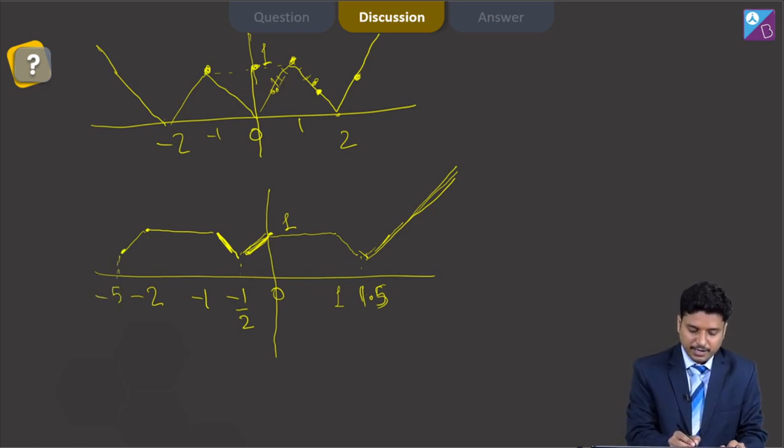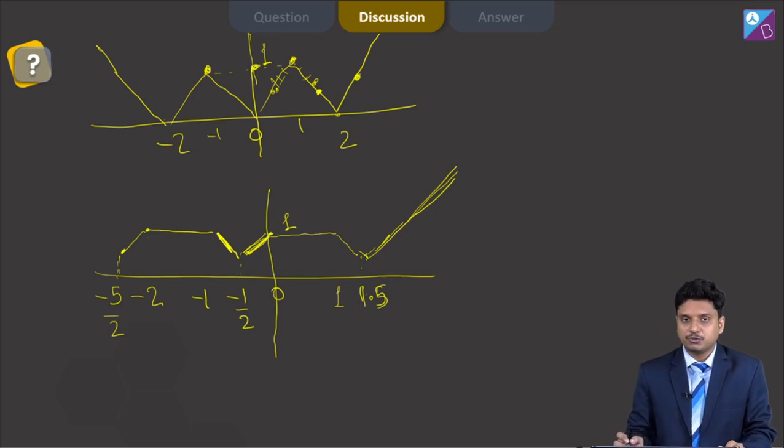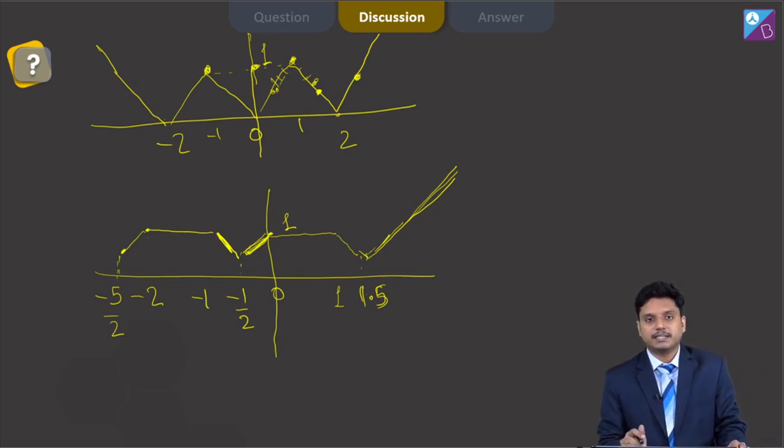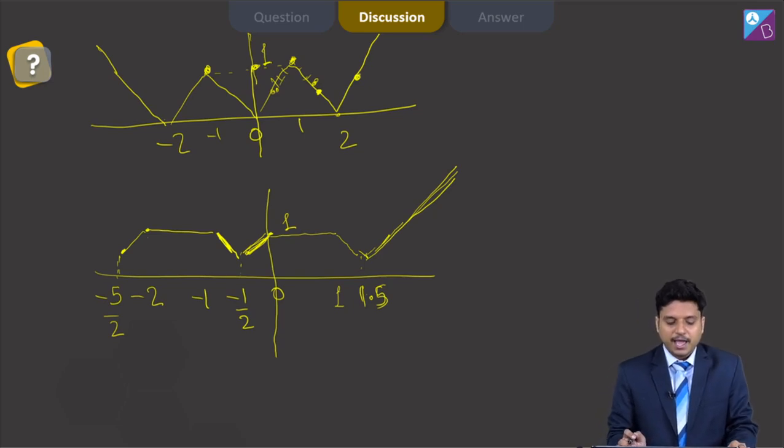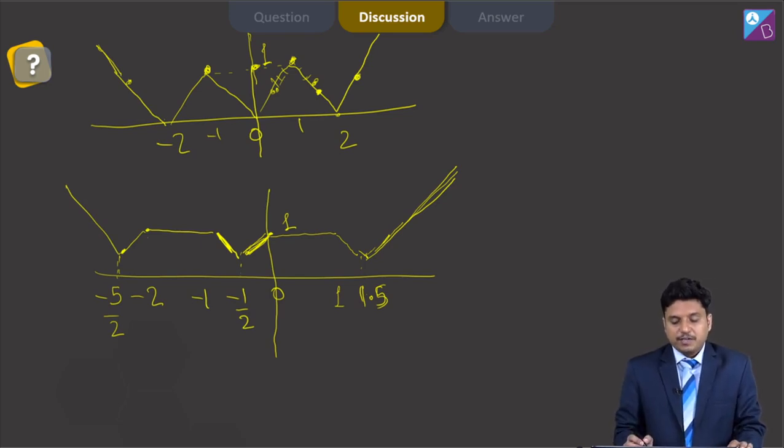till minus 5 by 2, and if you go for g of minus 2.6, that means t will vary from minus 2.6 to minus 1.6, and that means the maximum will be obtained from this portion. So this will keep on increasing like this. This way we are able to find your g of x graph.